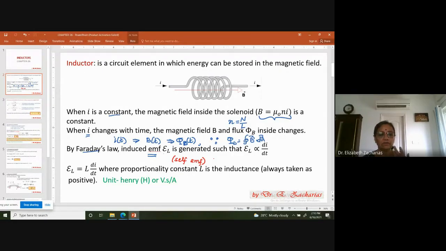And we are going to start from this point in the next class and then see how you arrive at the expression for the inductance. There you had capacitance. Q is proportional to delta V. Q is equal to CV. Similarly here, you're going to see that L or inductance is also a proportionality constant. More about it we'll see in the next class.